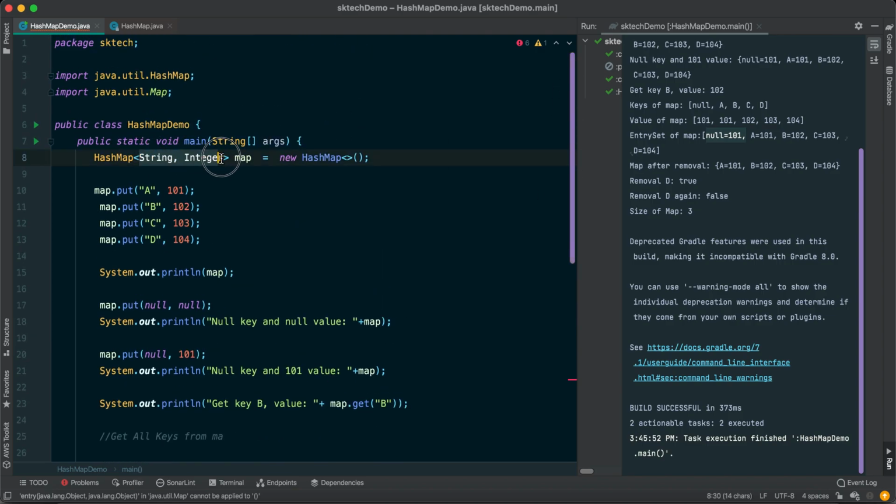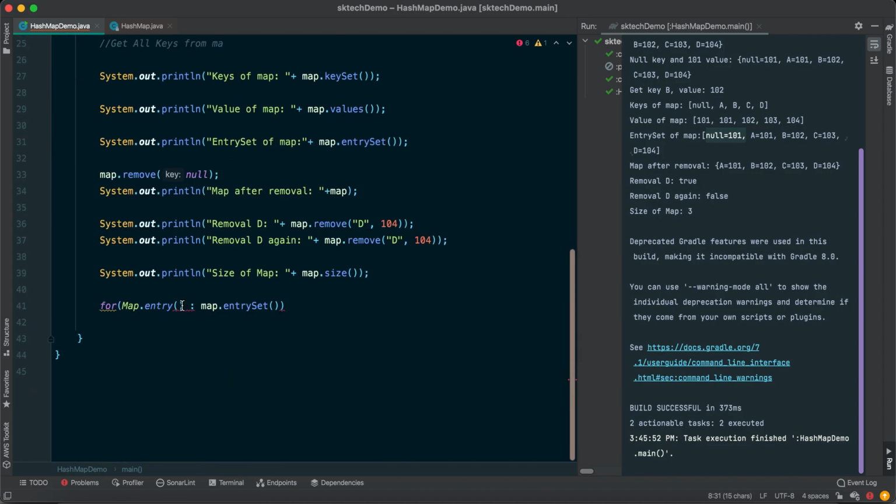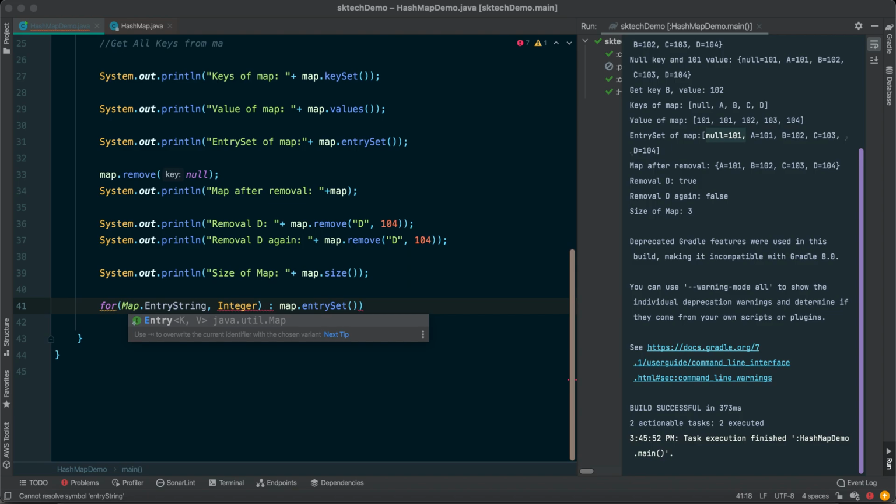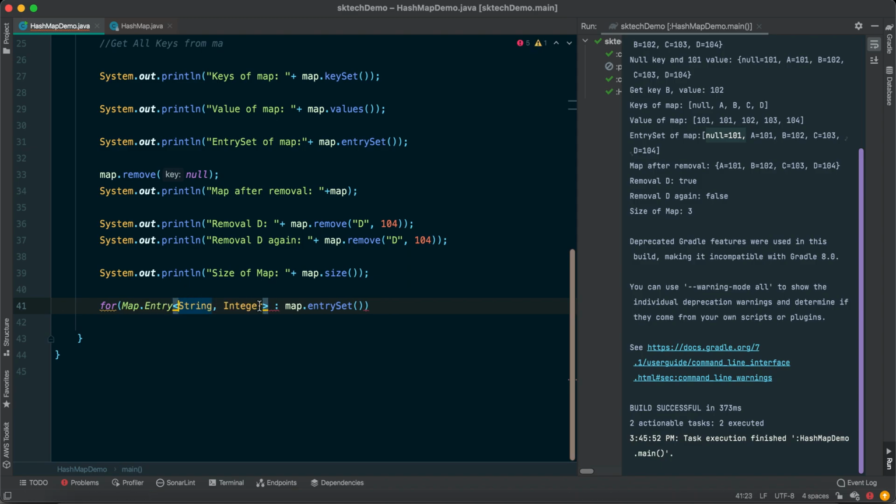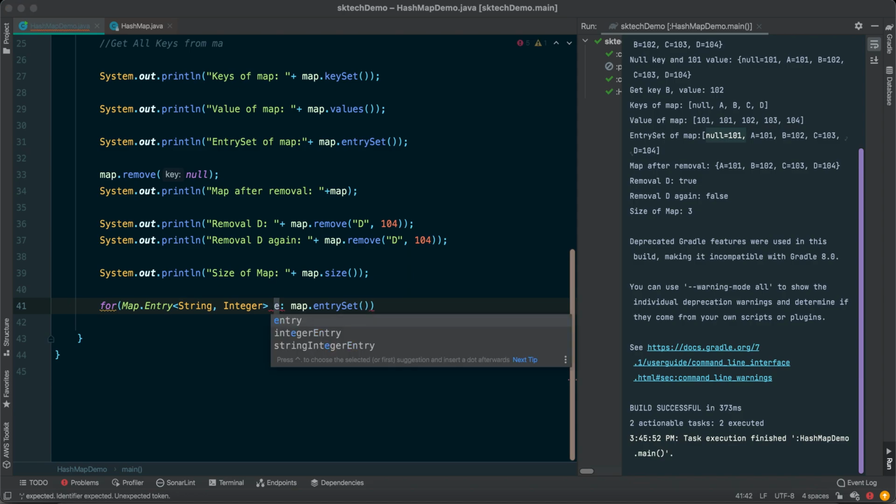This is the entry that is going to be returned every time, so the same thing we need to provide here. Basically it should be a capital E, and here key and value. Then we need to provide some object name. Let's say we provide e, or you can say entry.